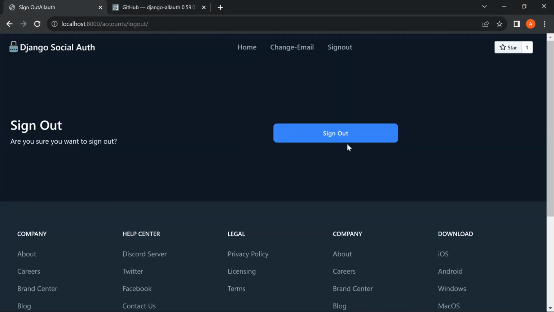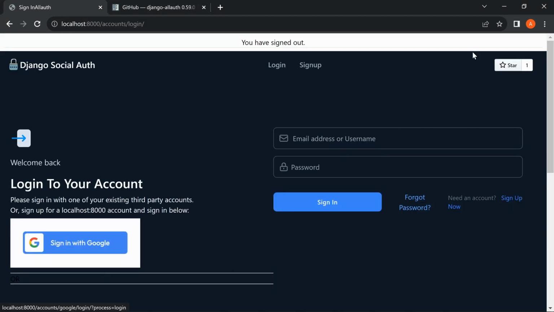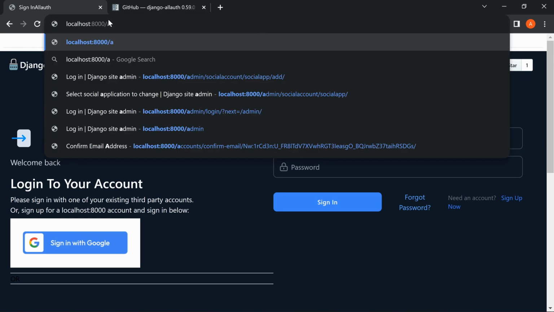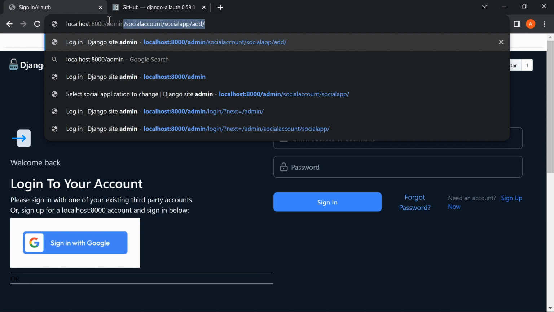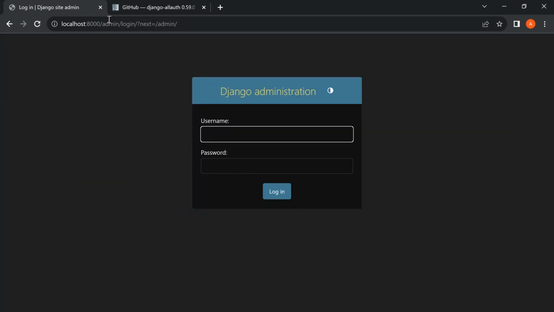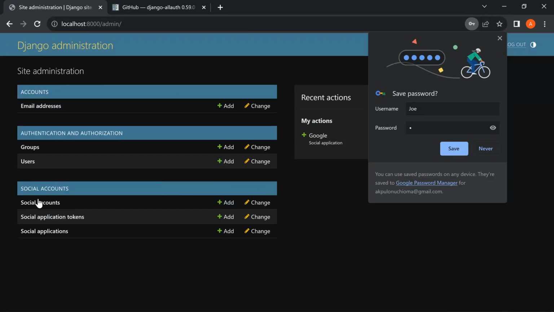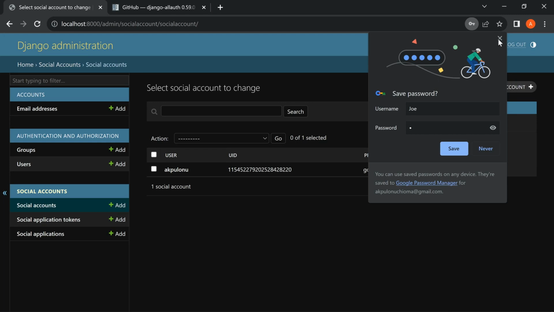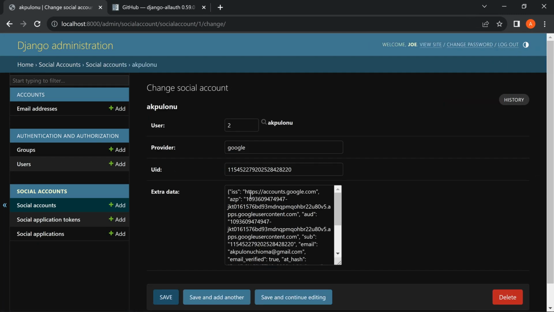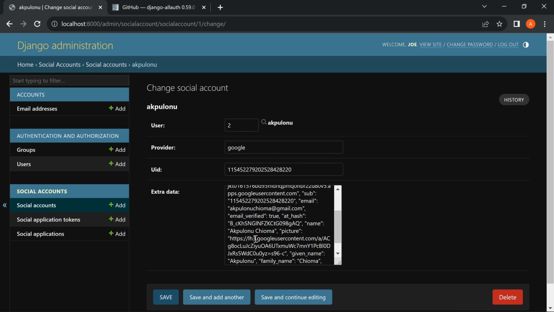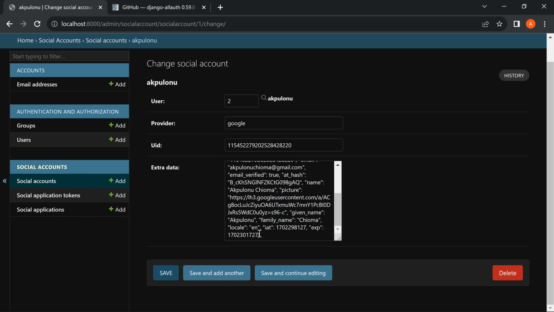Now let's go back here. What I'm going to do is sign out the account we just logged in. Let's go to admin. You also see that this account that I logged in with right now has been added. So inside our admin, let's log in. Now we have social accounts. We have one, you see. Now let me try to see the information we were able to get. So Google allowed us to get the UID. These are the information, everything. Now this is the whole